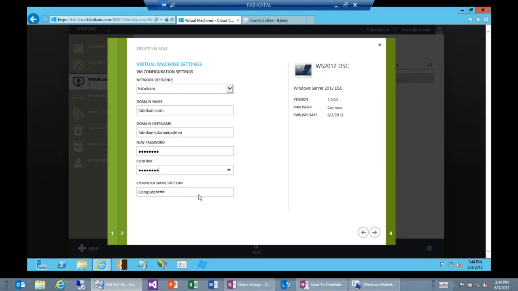And even the computer name here, we can hash it. Now here's a case where a lot of what Ken's been showing is, if you know your computers, you can go ahead and configure the environment and push to it. But we haven't created the computers yet, and they're going to be created with a pattern. As we scale in and scale out, the computer instances will come and go. So here I'm just going to do a base name.